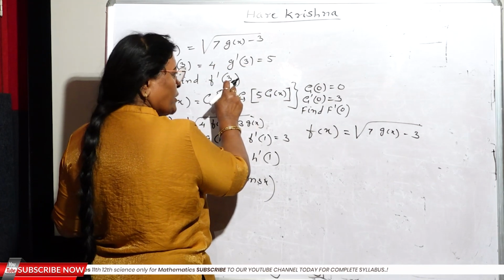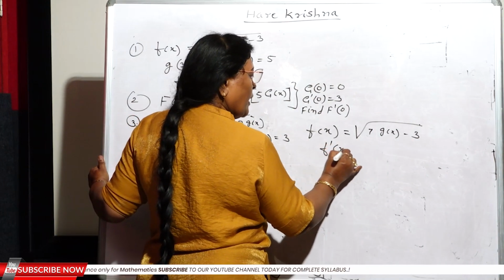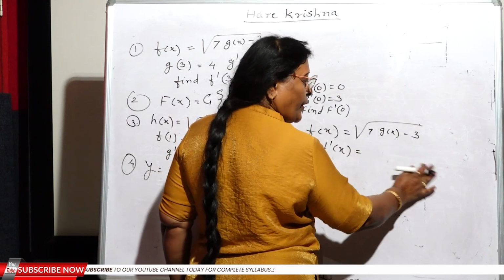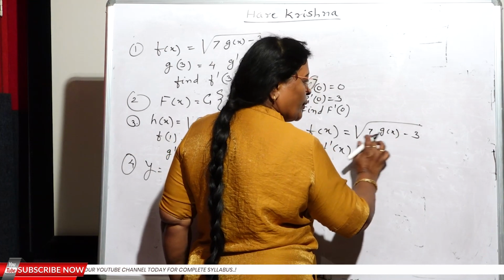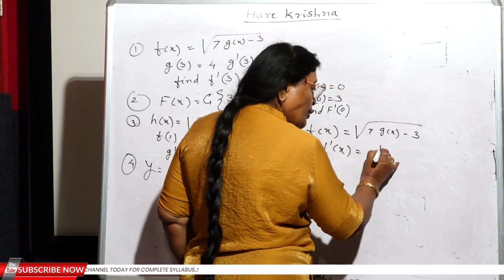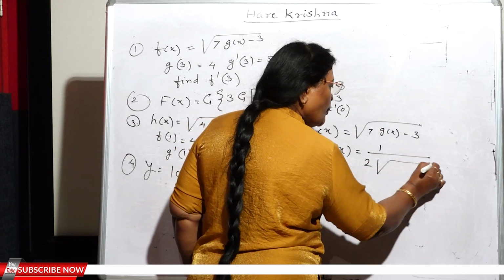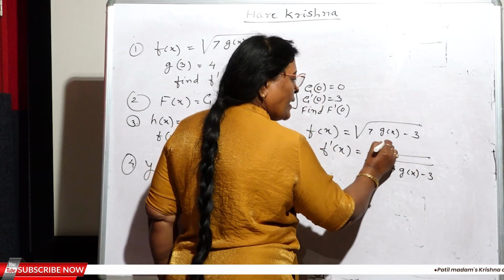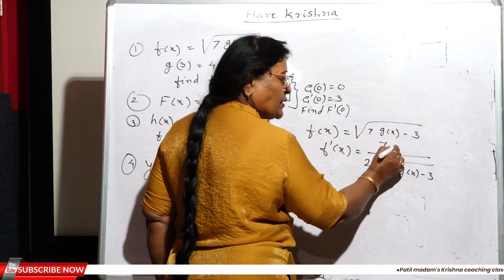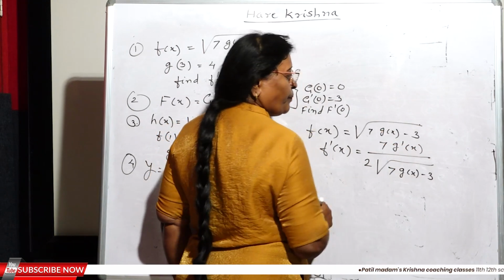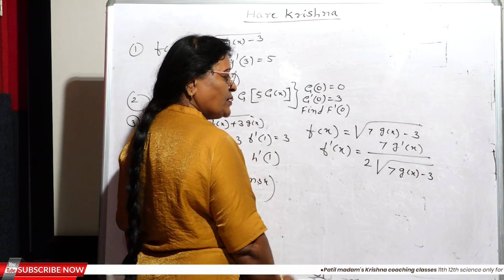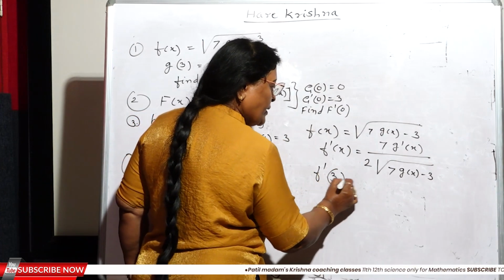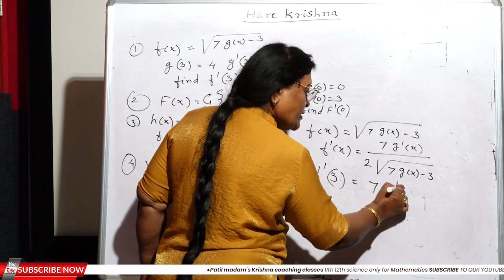To find out f dash 3, first you have to find out f dash x, means you have to find out the derivative. Again see what you have to do, this is again in the form of a root. Again you have to apply the chain rule. Here we have to take u, the derivative of root u is 1/2 root u, right, minus 3. Again 7 remains as it is, and what is the derivative of g of x? That is nothing but g dash x, and the derivative of minus 3 is 0. But what do you want to find out? F dash 3. Therefore f dash 3 is nothing but 7 times g dash 3,